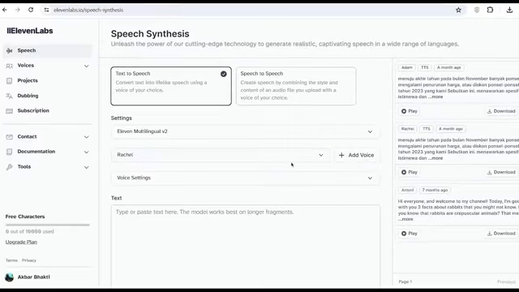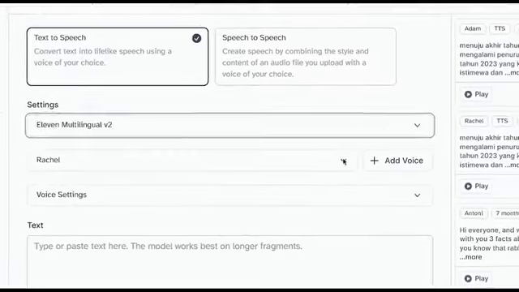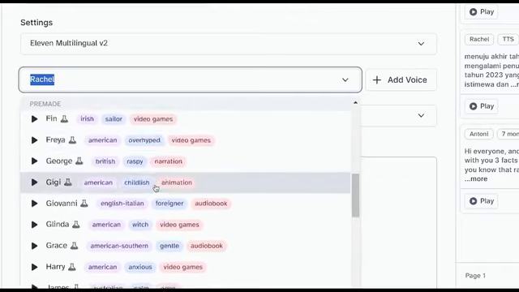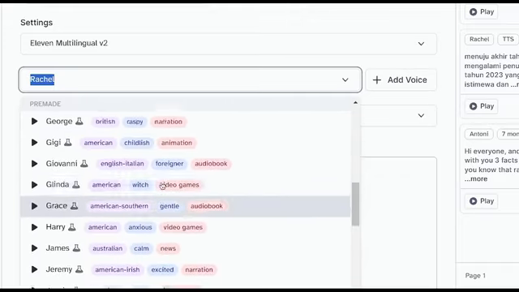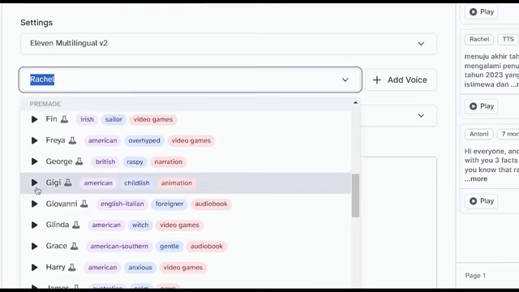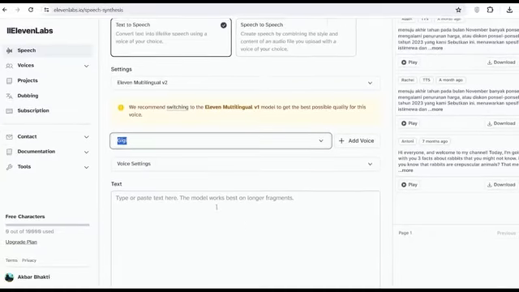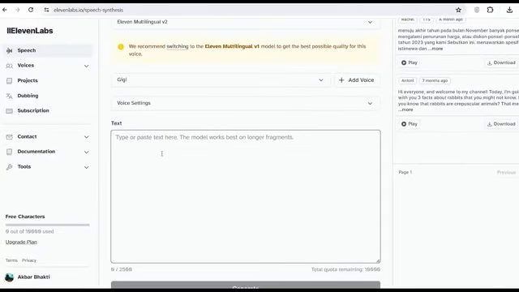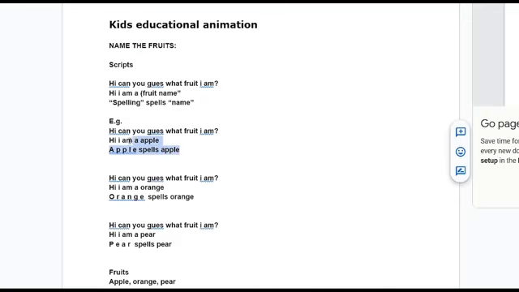The first thing you need to do is select the voice you want. In order to do this, you're simply going to click on the drop-down arrow, scroll through all the different voices, listen to them, and then just click on the one you want to use. So in this case, I'm going to be using Gigi just because I love how she sounds. Now, once you have the voice selected, if you want, you can adjust the voice settings. You only do this if you want, it's not necessary. And then once your voice is ready, you need to now add in the script of your animation.